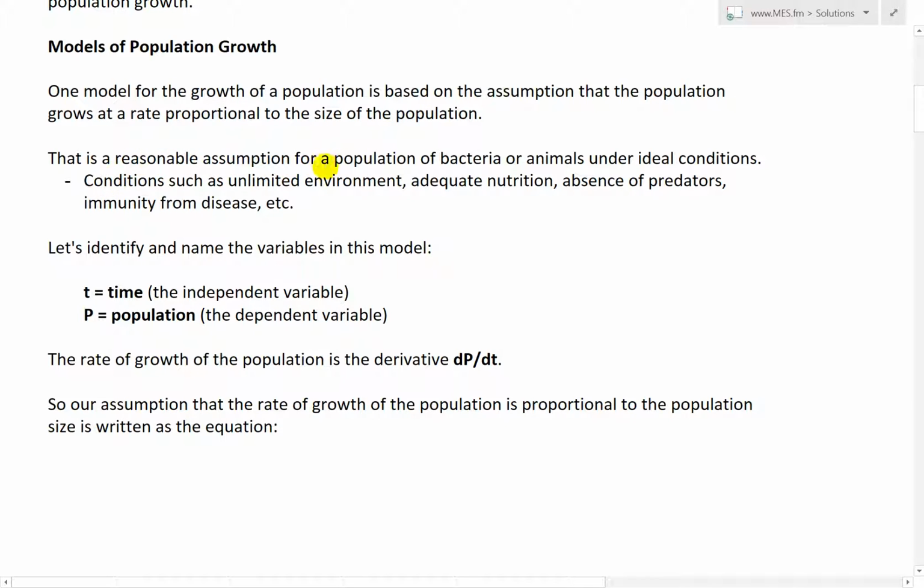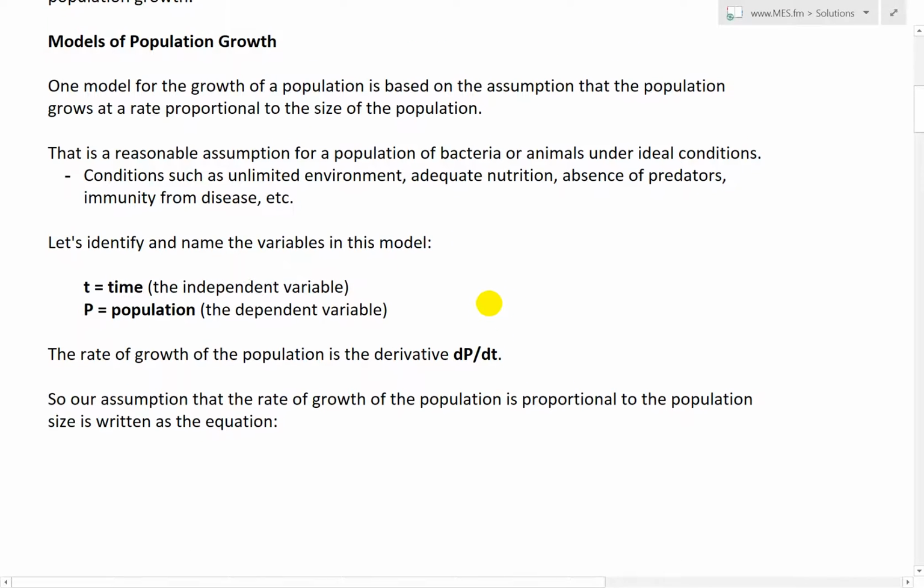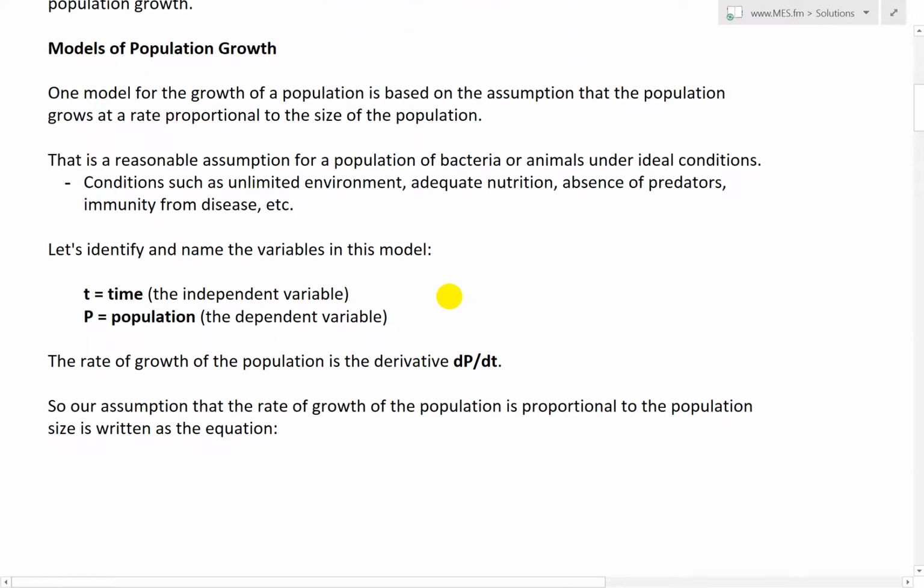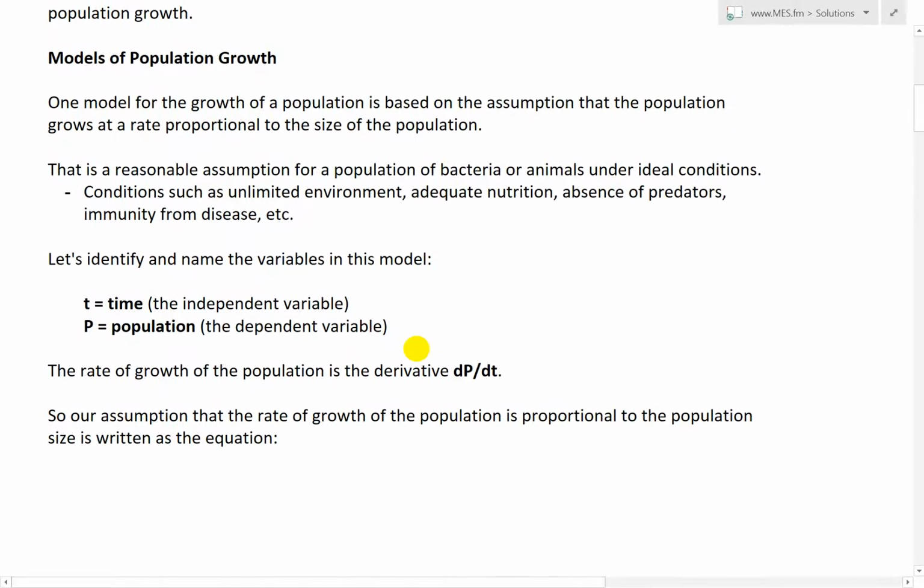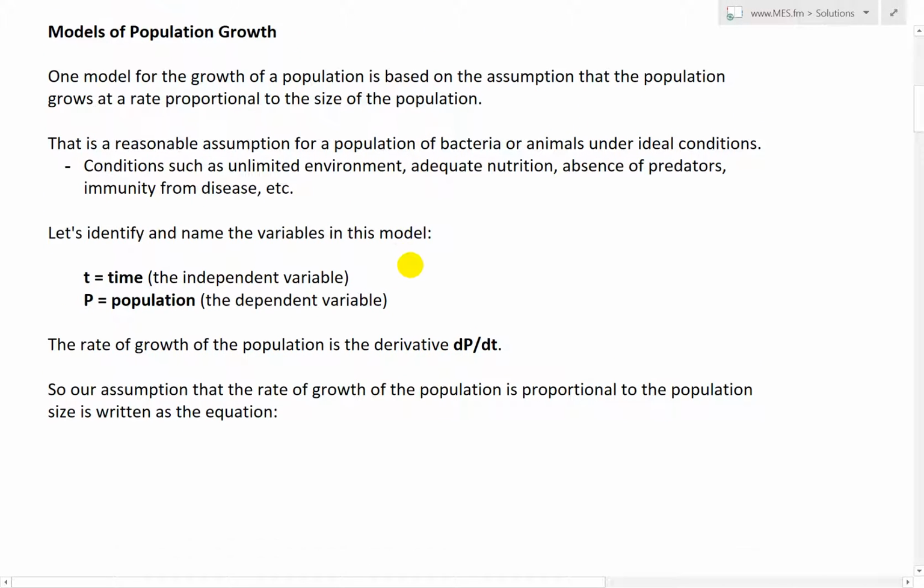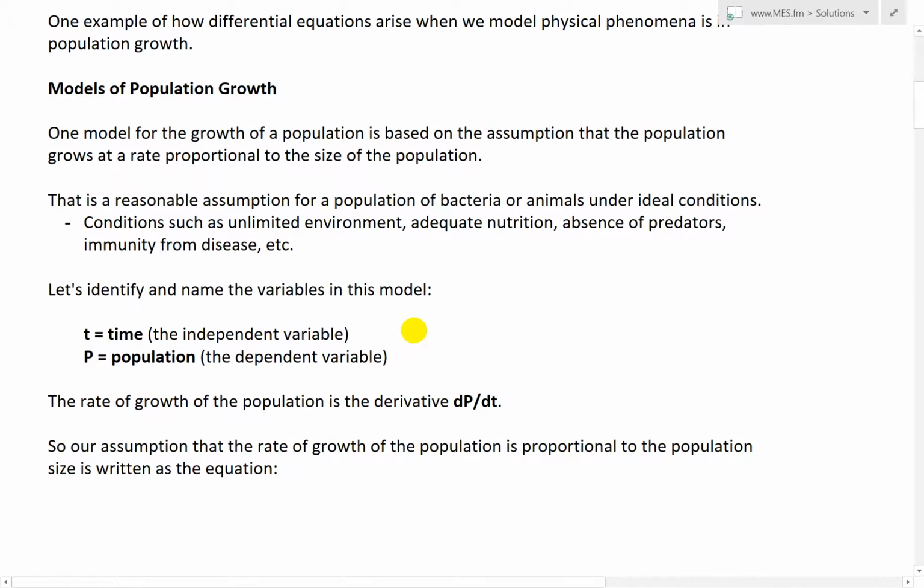This is a reasonable assumption for a population of bacteria or animals under ideal conditions, such as an unlimited environment, adequate nutrition, absence of predators, and immunity from disease. So if you assume there's no way of them dying off, and they just keep replicating, and immunity from disease could include death as well if they just don't die. But even if you include death, when you ignore everything else and assume there's unlimited food and so on, you'll notice